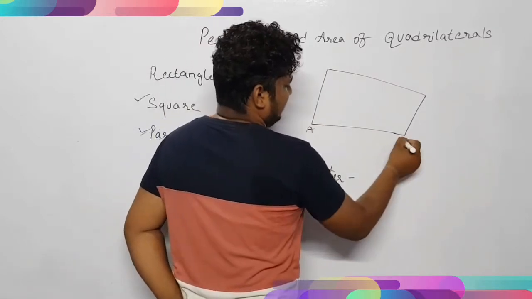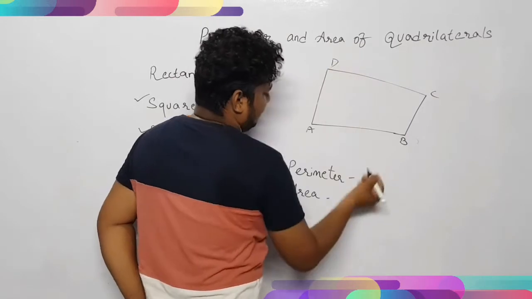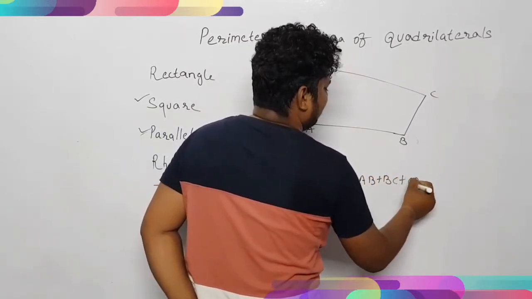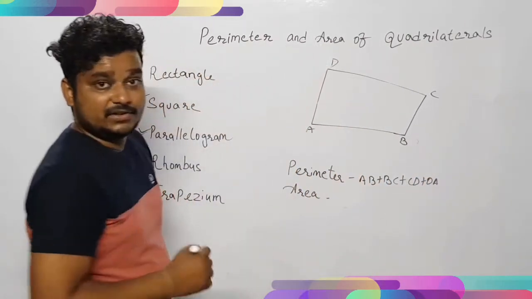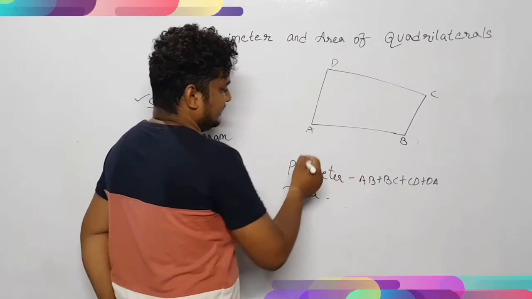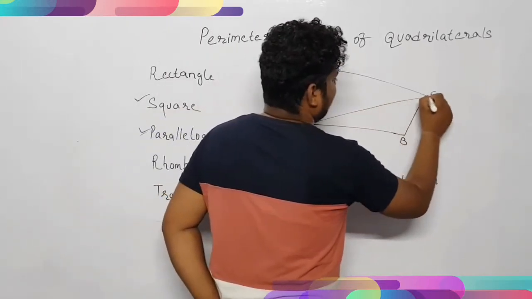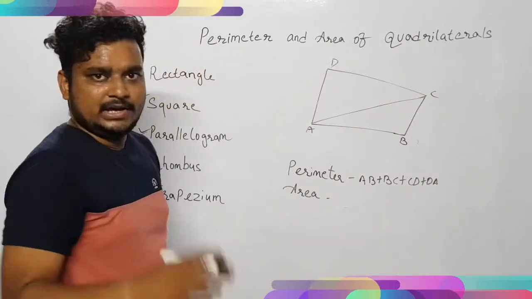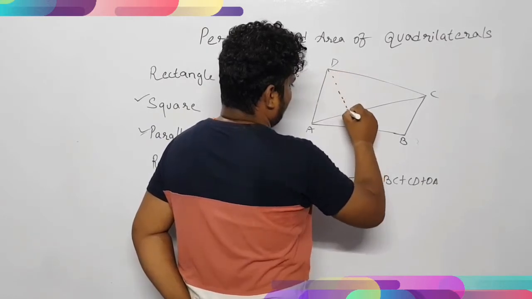If a, b, c, d is given, then for the perimeter what you will do is AB plus BC plus CD plus DA. This will be the perimeter. So if it is given like this, then for finding the area, two things are there. If we are having the length of one diagonal, and we will draw a perpendicular from this,